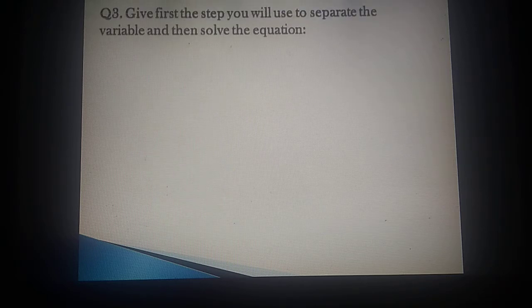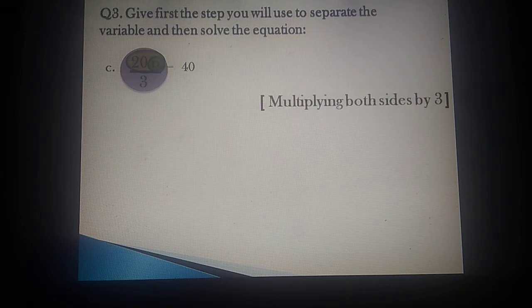Now, moving to next sum. Again, highlight the variable first, then the coefficient of it, and then whatever is present after it. So here I am highlighting 20 first and then divided by 3. So in the outermost we can see it's divided by 3. So opposite is multiplying both sides by 3. So first write LHS, multiply it by 3. The same you will do in the RHS 2.